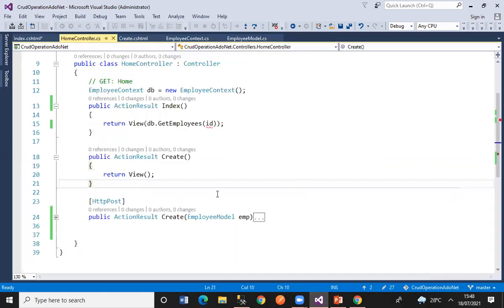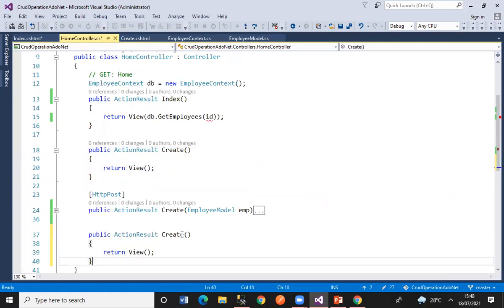We'll go to our controller, and let me do the things fast here. I will change create to edit, and in edit I'm going to take one parameter, int? id, and this id is going to capture that value.